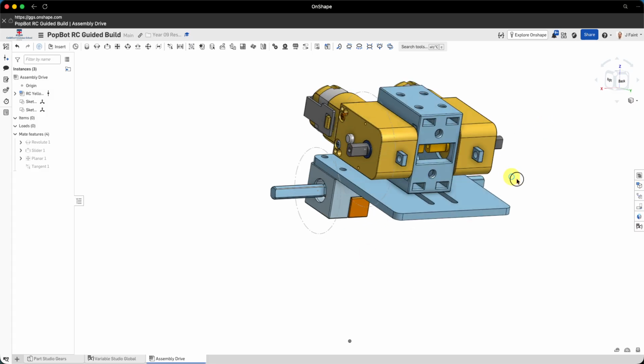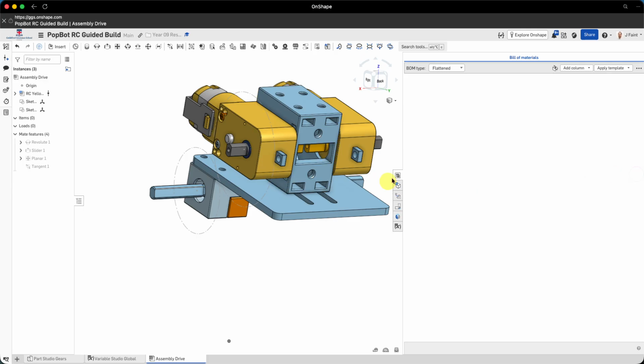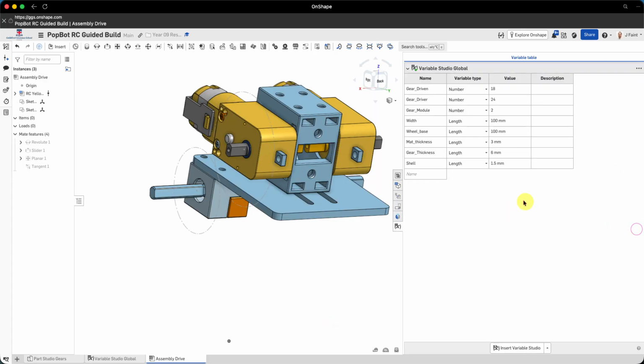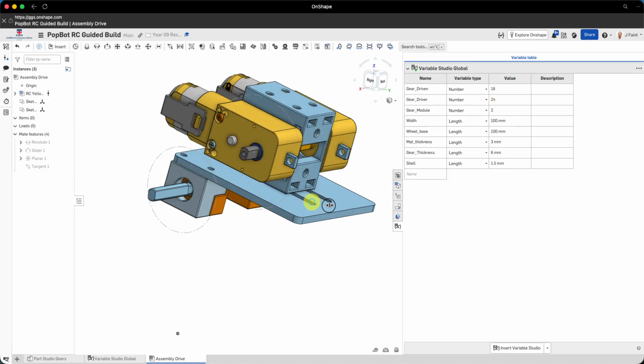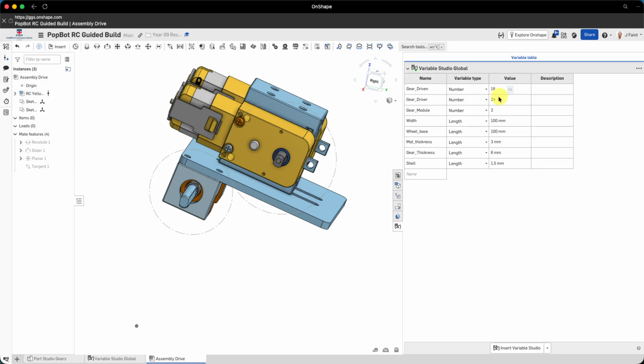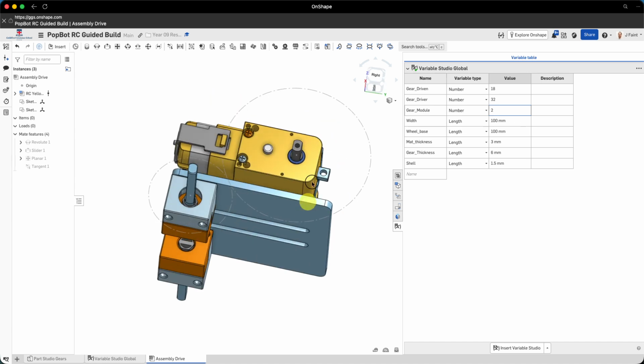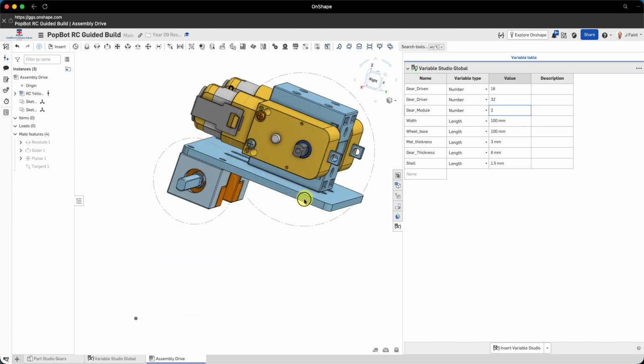What we are going to do now is just have a look at what happens when I change, well, not the bill of materials, that's the wrong thing, our variables. So if I change the size of this, let's watch what happens. I'm going to make this one 32 instead, and we'll see it automatically adjusts. We could even make it bigger. Let's go up to 40,